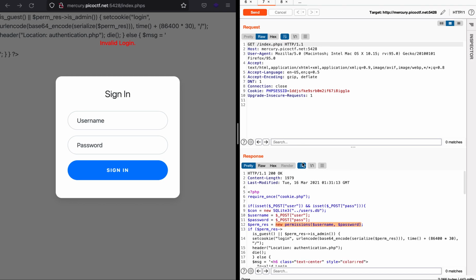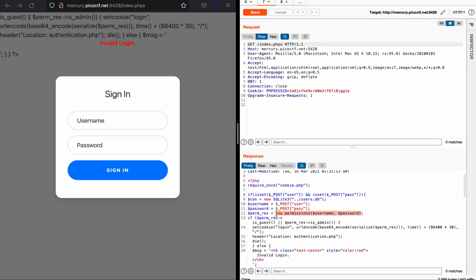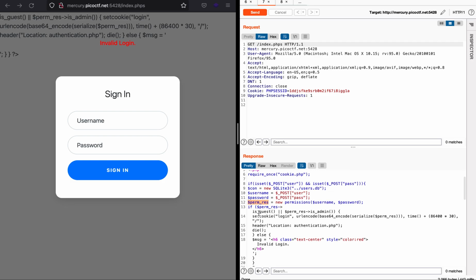So let's just see. What it will do is it is sending it to the permissions class, and there is an output being generated. Depending on that output, if you are a guest or you are admin, there will be a cookie generated accordingly. So the cookie that is coming from here, it will first serialize it, base64 encode it, and then URL encode it and set it to login. So first of all, what we need is a login cookie to get this attack,